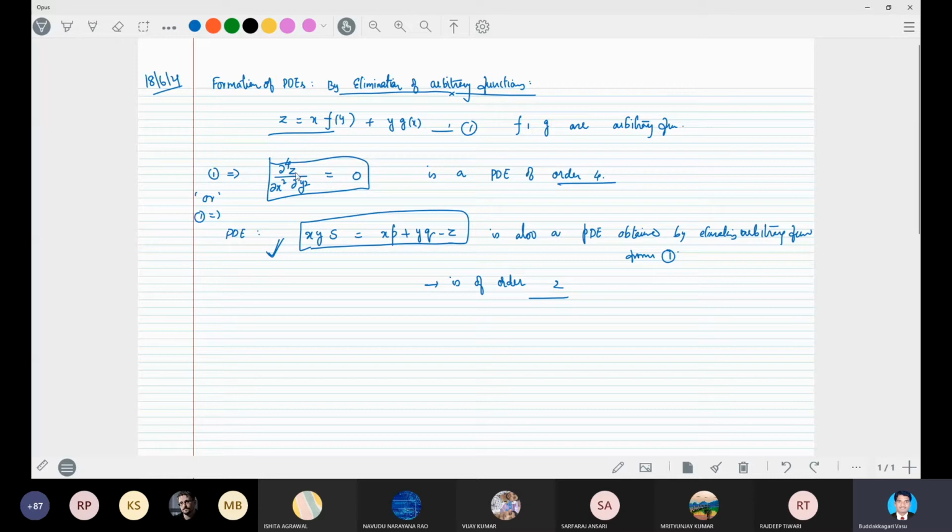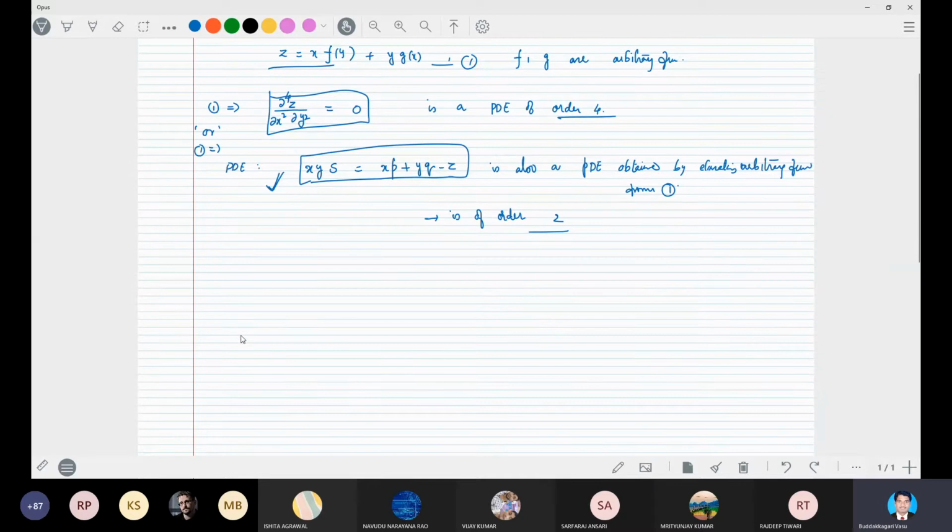Okay, this is a simple example we can see for getting the differential equations by eliminating the arbitrary constants or arbitrary functions from the given algebraic equation, maybe getting higher order PDEs also. So here we cannot say only one differential equation exists. The differential equation obtained is not unique. There may be many, but we have to choose the minimized order PDE as the required PDE which will be formed by the elimination of arbitrary constants or arbitrary functions, right? Okay.